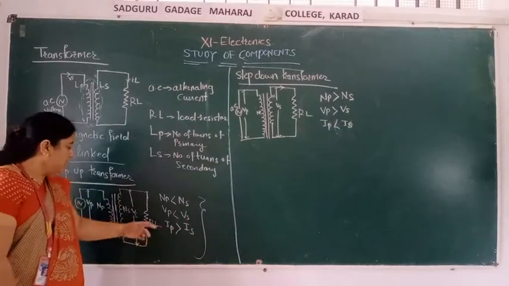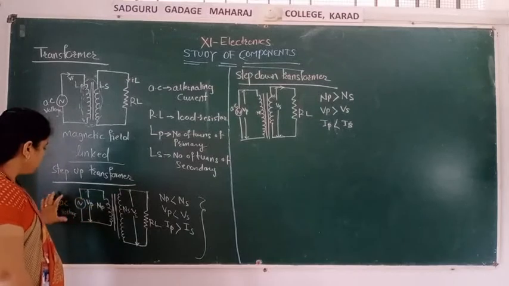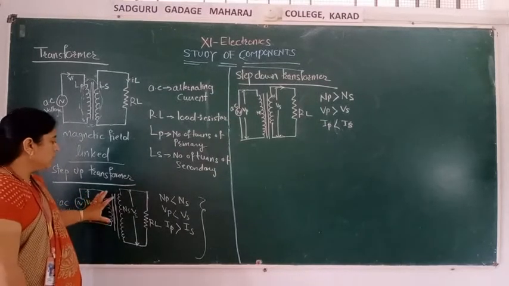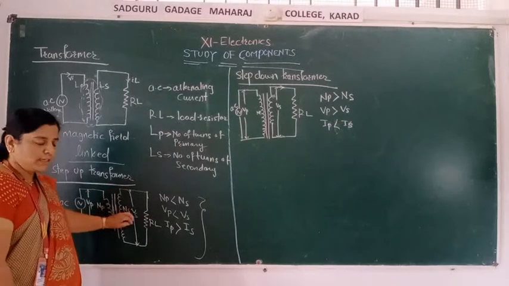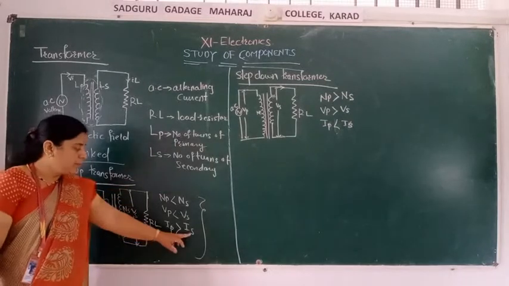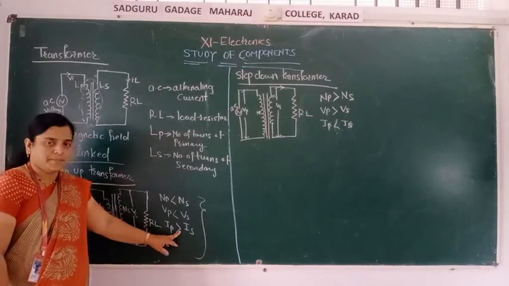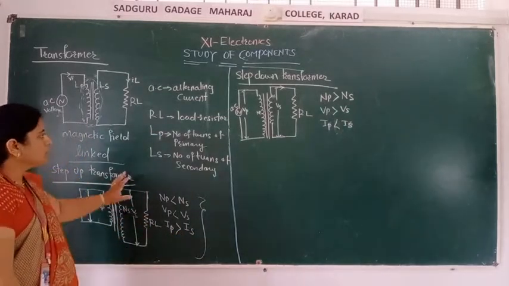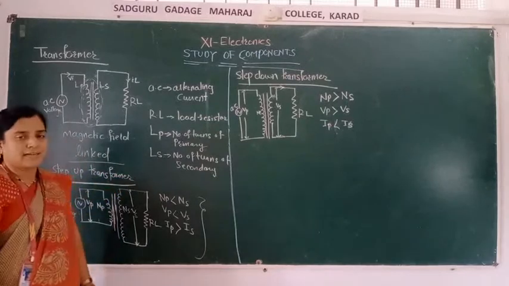Similarly, current across the primary will be greater because AC voltage is directly given, therefore its current will be maximum here, and it will convert here into DC, therefore the current will be minimum here. Means current across secondary is minimum and current across primary is greater. Okay, so this is about the transformer.